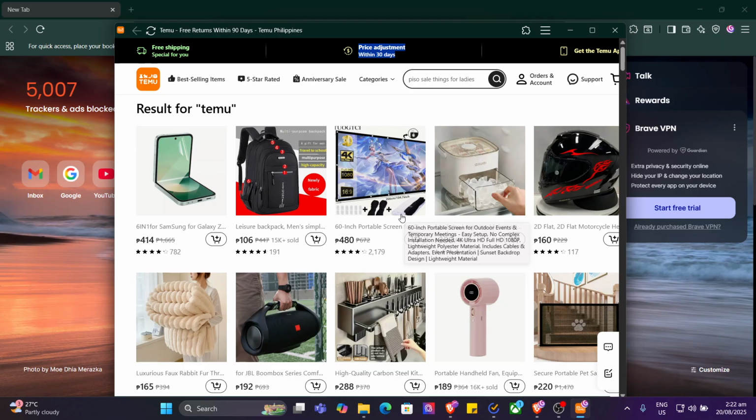That's it, you've successfully downloaded and installed the Temu app on your Windows PC. Take a moment to open it and confirm everything is running correctly. I hope this guide made the installation process clear and